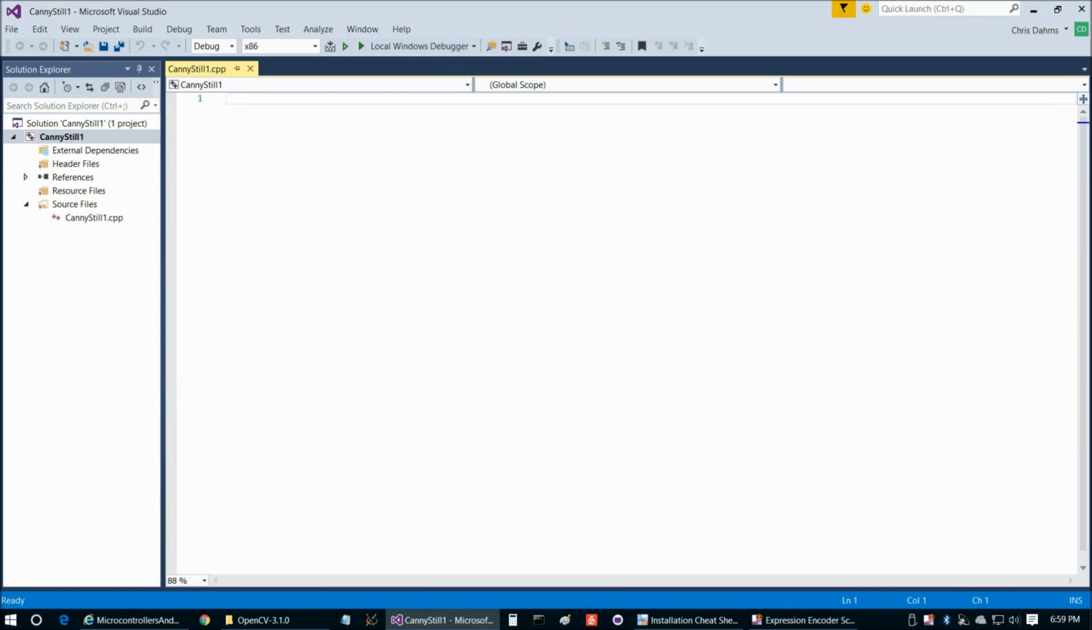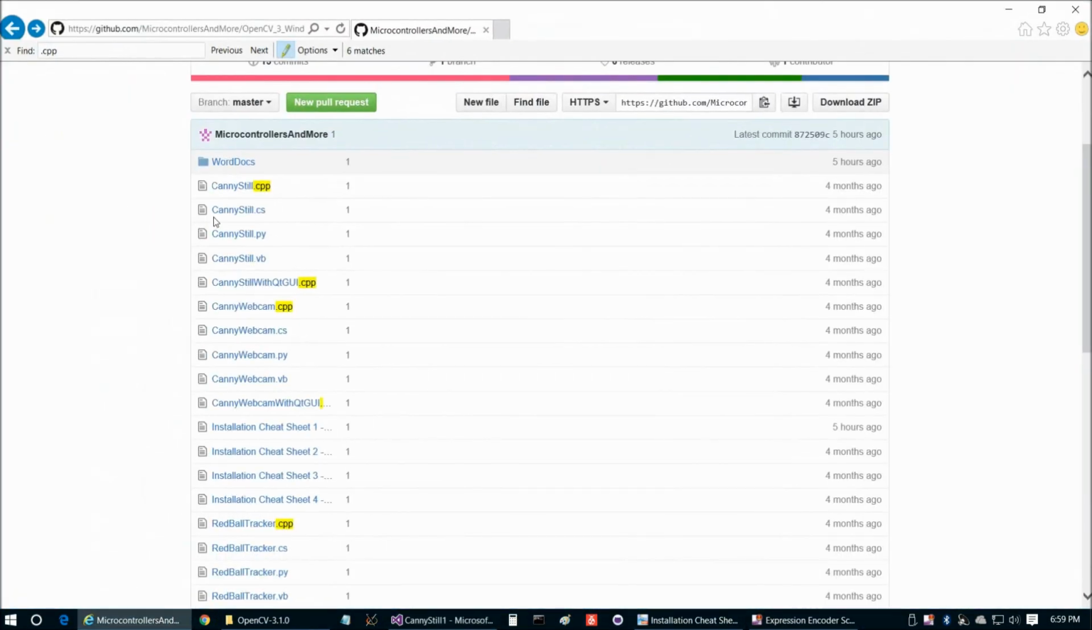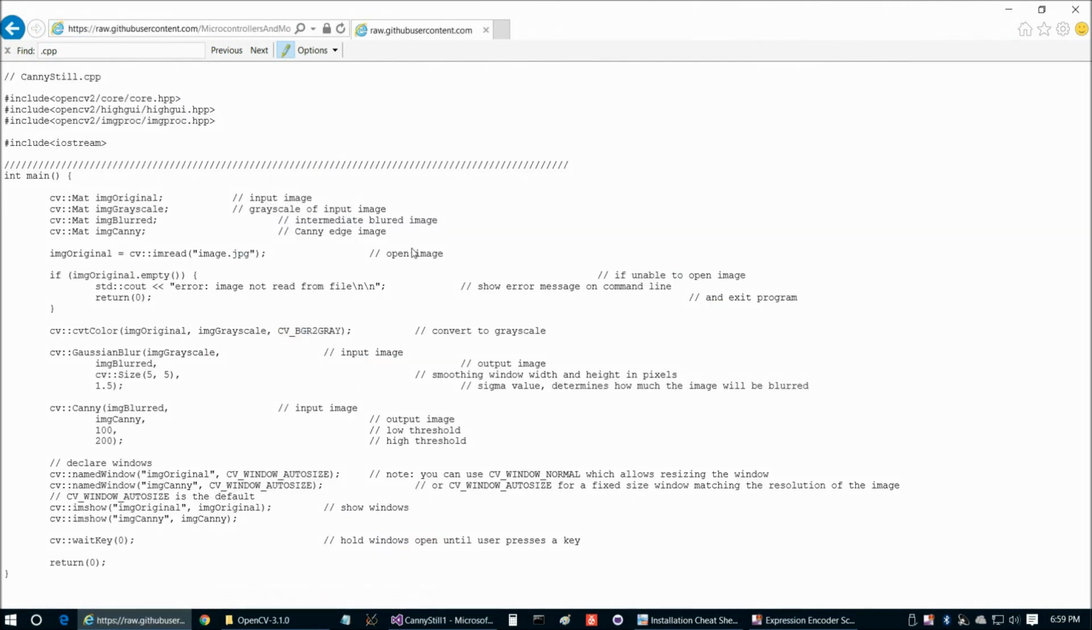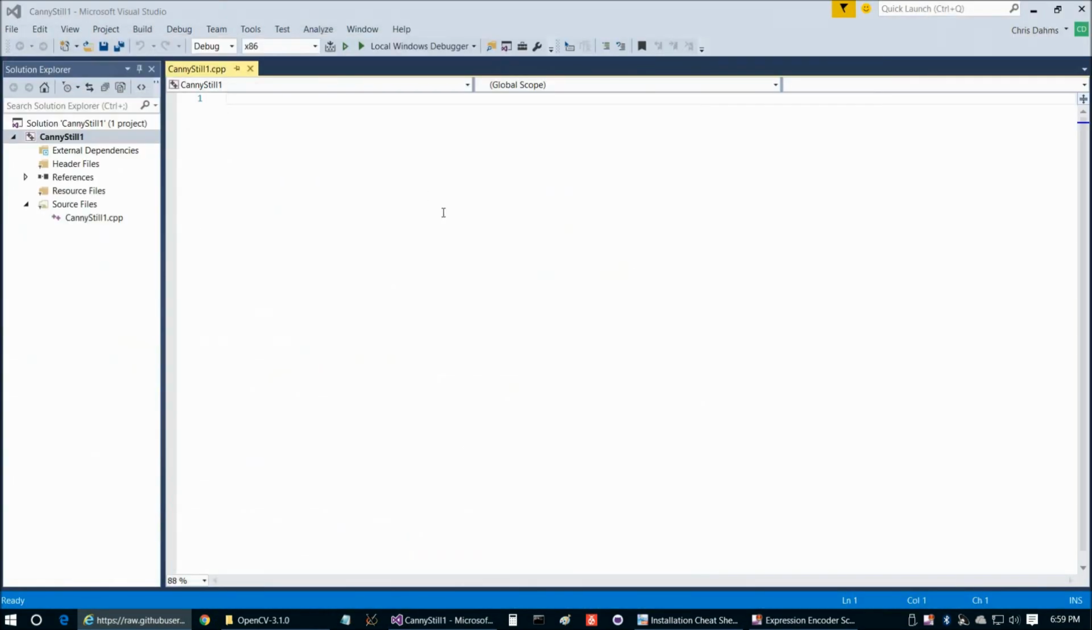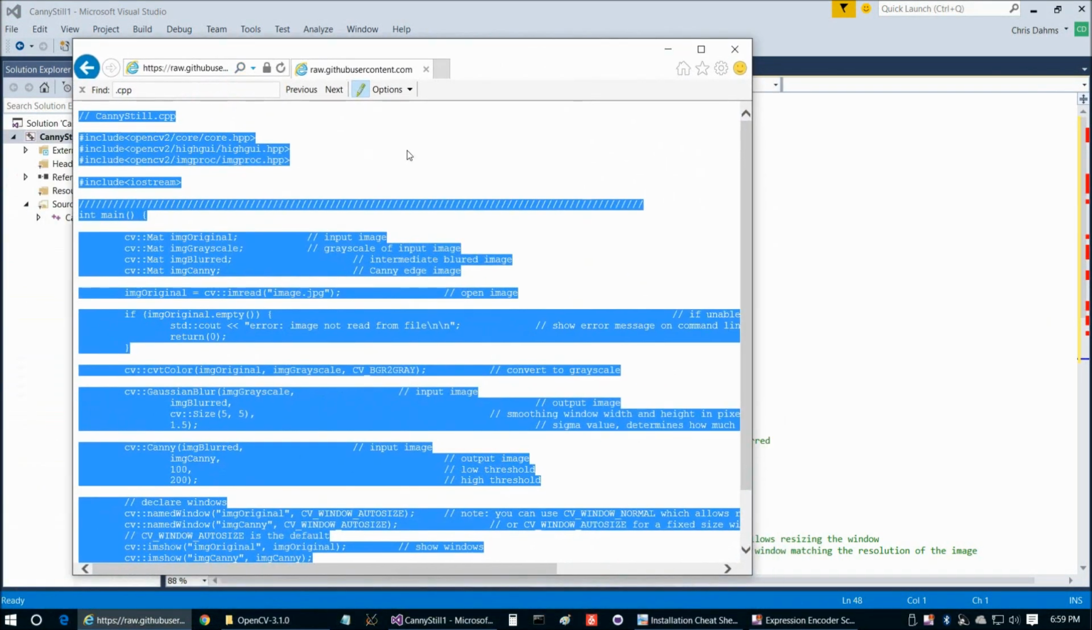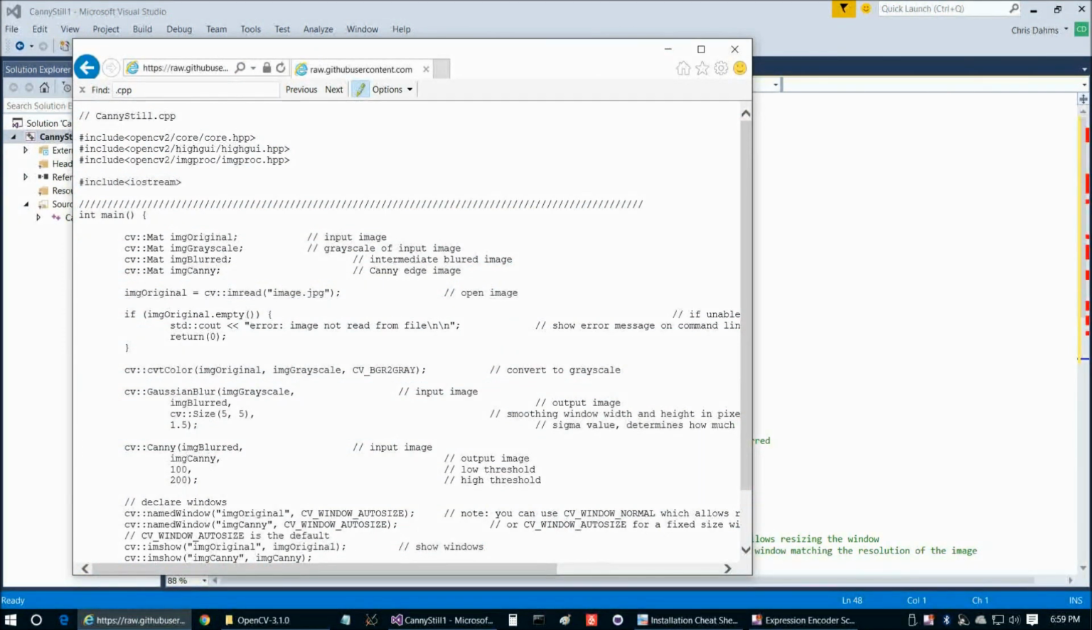So continuing on here, step 7A I believe we are on, yes. So we're going to go to candystill.cpp and then Raw. And then we're going to do Control A, Control C. I'll swing that back over to the other window, and then Control V. And we're going to get a whole bunch of red underlines because we have not yet told Visual Studio where to find our OpenCV install. We're going to take care of that subsequently, but before we do that, continuing along with step 8,